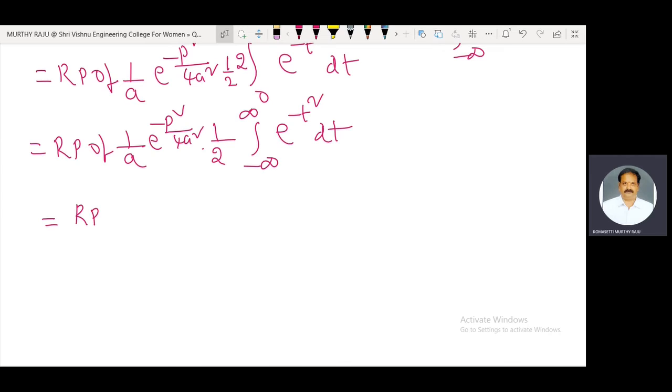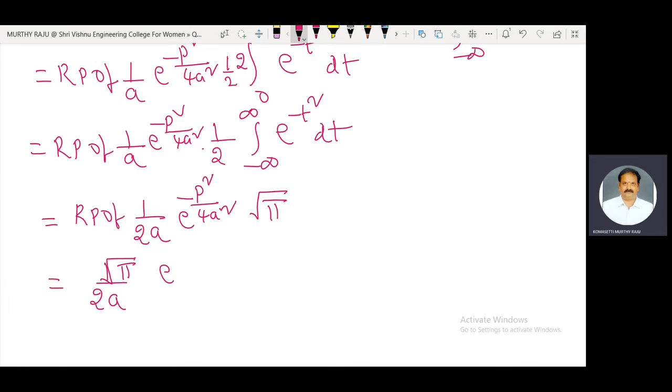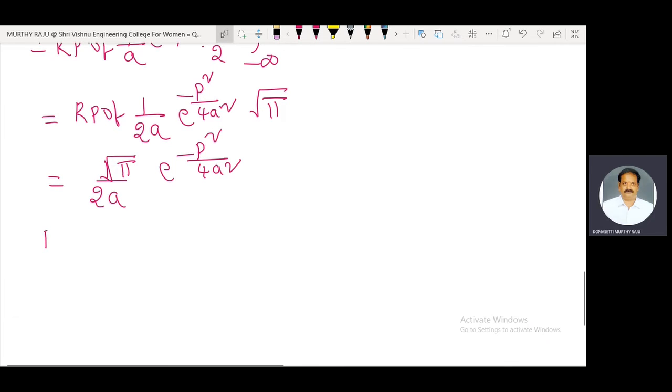That is the real part of 1 by 2a e power minus p square by 4a square. This minus integral minus infinity to plus infinity e power minus t square dt is the root pi. Here all are real terms. Therefore, the answer is 1 by 2a root pi by 2a e power minus p square by 4a square. This is the Fourier cosine transform of